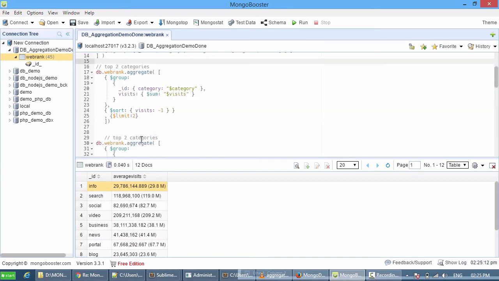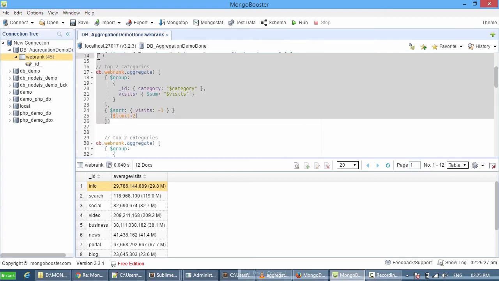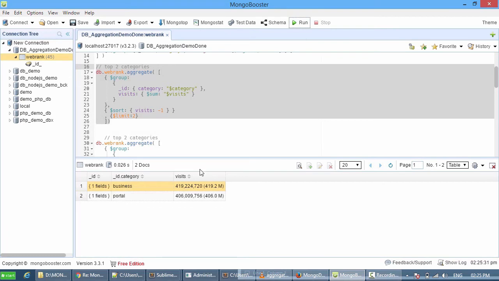Let us find the top 2 categories. So we'll be using ID, visits, sum, and then we'll be limiting by 2. That's because we have top 2 categories for this query. So on executing this, we'll be seeing the top 2 category with most number of visits. So that's business and portal category.